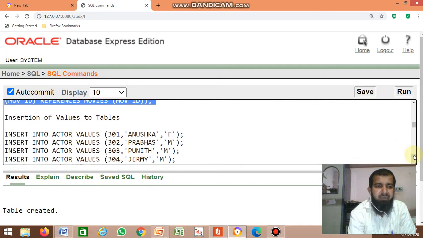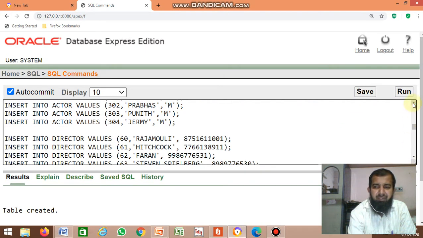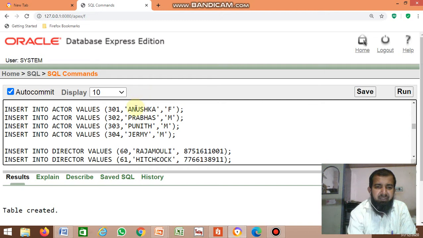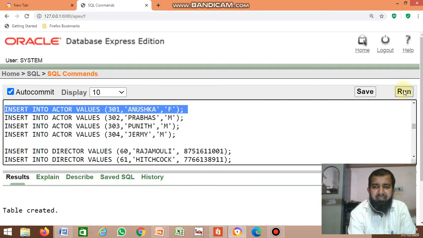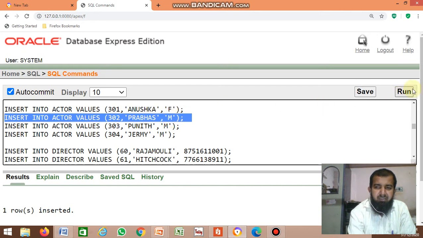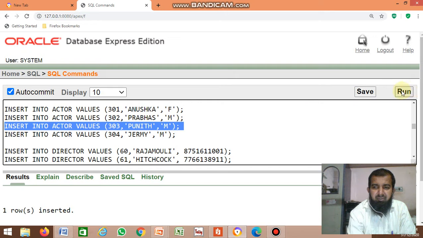Next, insert the values in all the 5 tables. First, actor table: actor ID, actor name, gender. So go on, insert the values in all the tables.